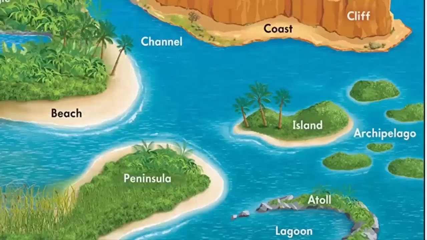Let's go to the next landform, islands. An island is a piece of land that is completely surrounded by water. When we say water, it can be a sea, ocean, river, and lake. When we try to look at its formation, overall there are 4 general ways that can explain the formation of